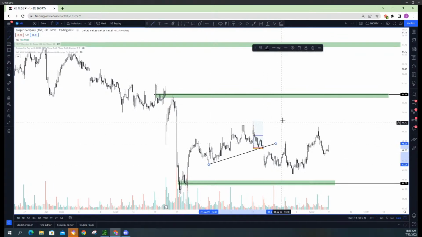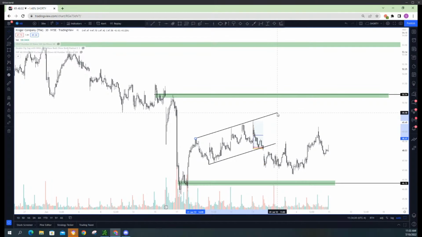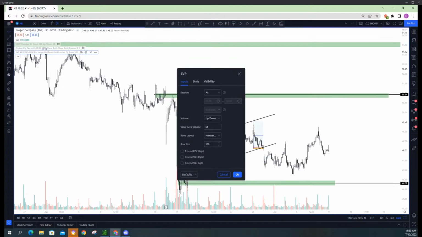Can I ask a stupid question, Shorty? How come you use 100 for your row size? I don't know, that's a good question. I typically do that, I believe, on these. Okay. Yeah, I do 168 for these. I was wondering because Trading Lit says to use 200, so I was just wondering if there was a reason. 200 would give you just a lot of